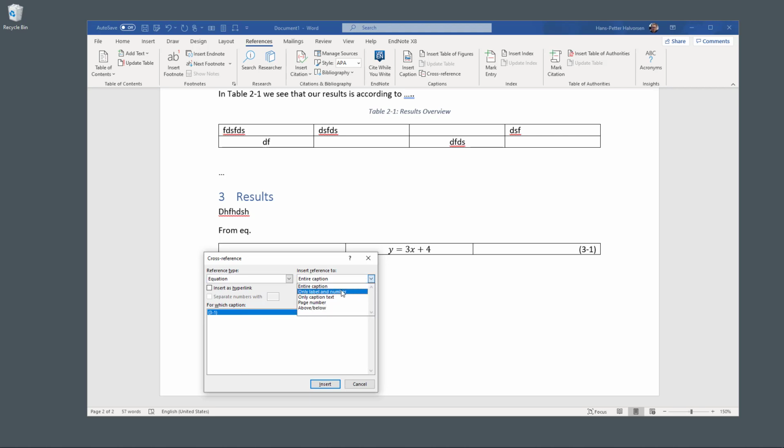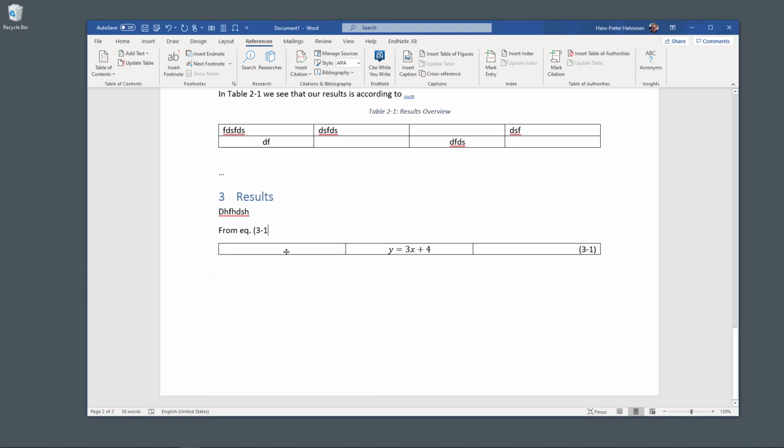And also here only label and number, and then just select our equation, click insert like this, and then, so now from equation 3.1 we see the linear relationship